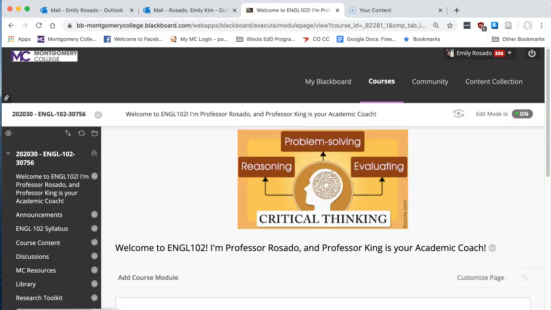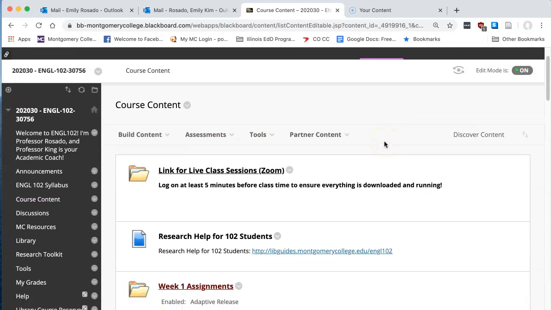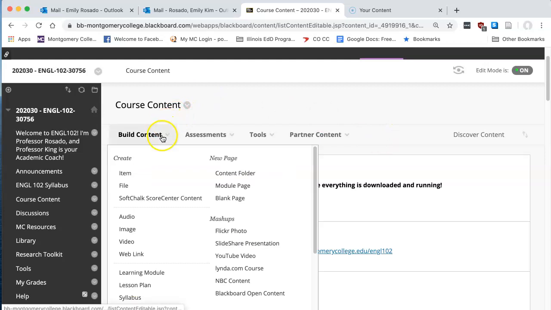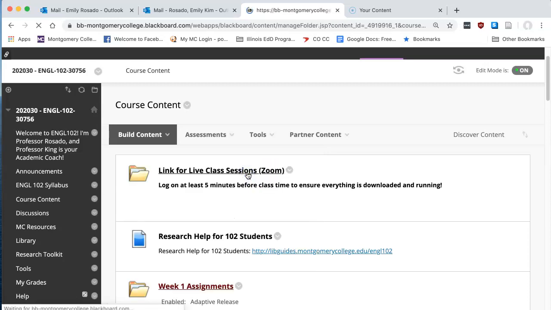So I'm in my English 102 course here, and I'm going to go to the menu on the left and I'll click on course content. So once I'm in course content, I'm going to click on this build content tab and you'll see different options below. So what you want to do is create a new content folder, or at least this is the way I would do it. So create a new content folder,